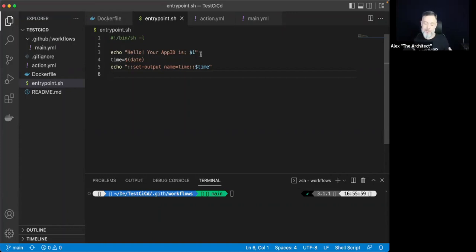And in this case, I'm just passing one variable, so variable number 1 is what I'm going to pass. Then I'm going to retrieve the date and time of the system, the time of the container. And then I'm going to print out that time. Now,